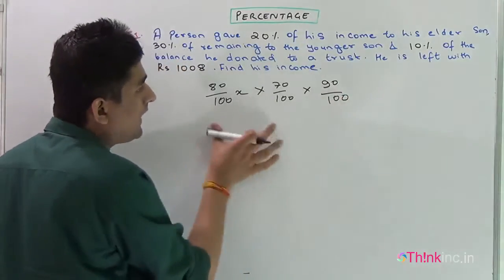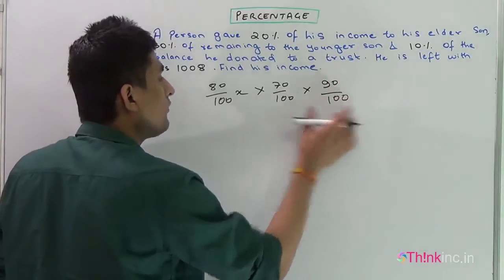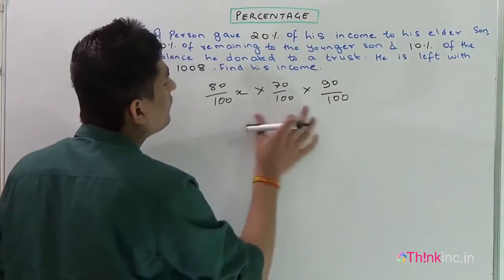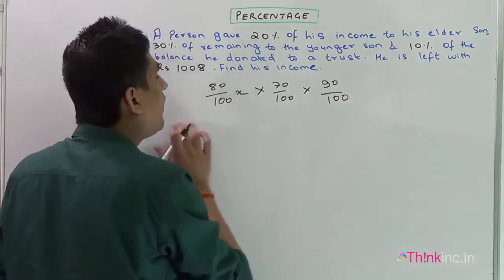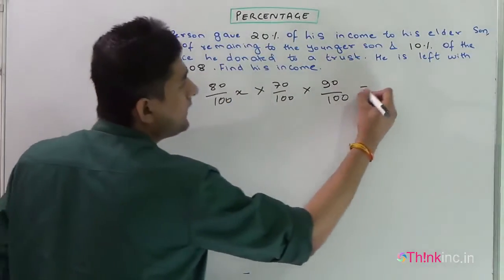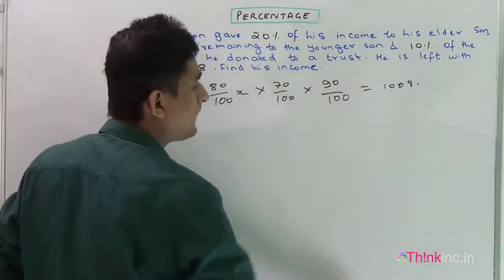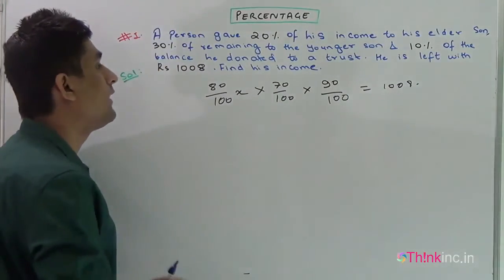90% of what? 90% of the balance income. So 90 by 100 of the balance amount, which is equal to rupees 1008. This is the same equation which we got by solving with the basic method, and this method